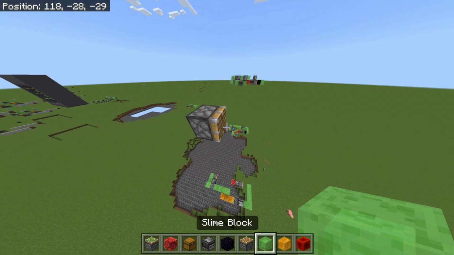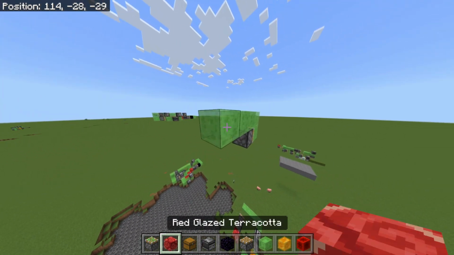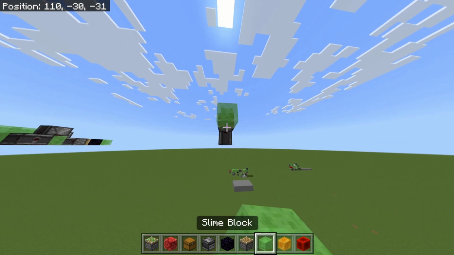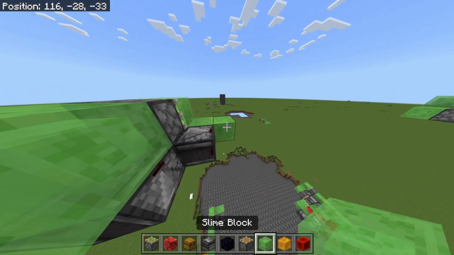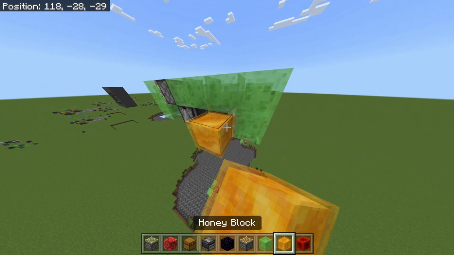Then you need to place your little loop, 1, 2, 3, 4, like this. And then your sticky piston and observer underneath. And your little loop like this of slime blocks going out. Then you need to place an observer and a normal piston facing like this. Then place 3 honey blocks,